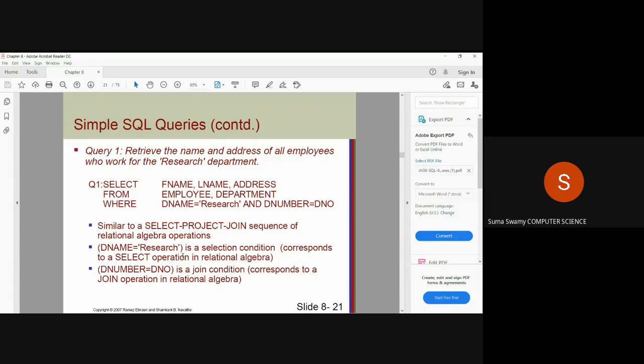I'll stop sharing. One of you should share your UML diagram. Who will share? Rohit, can you share your UML diagram? Are you there, Rohit?